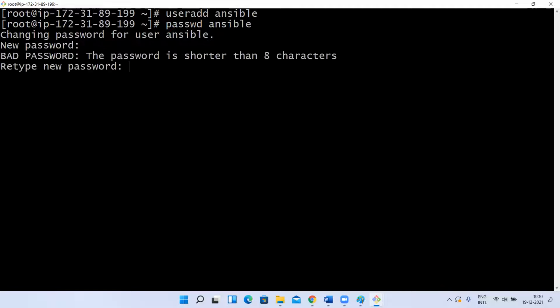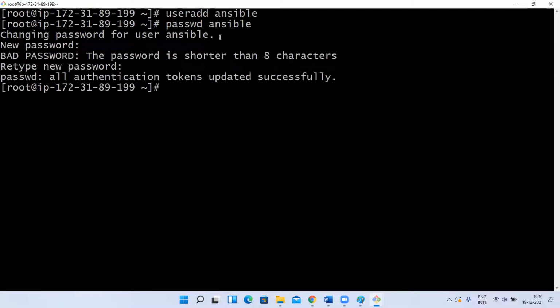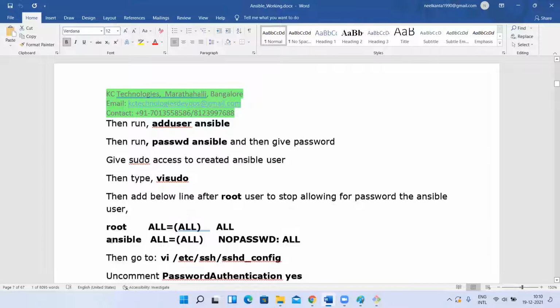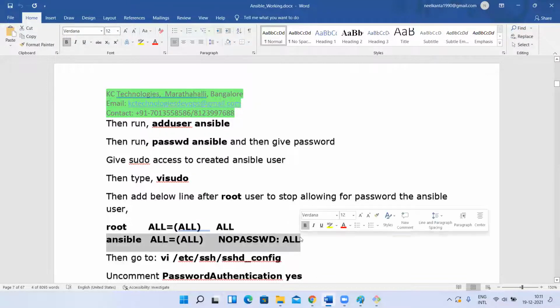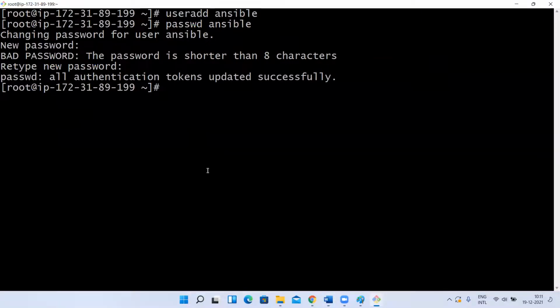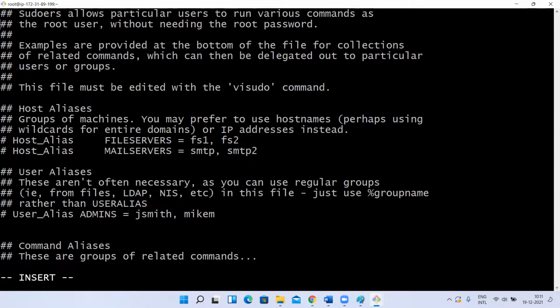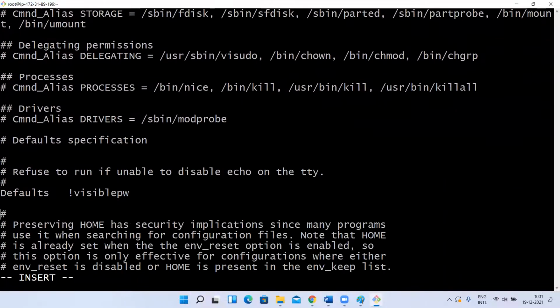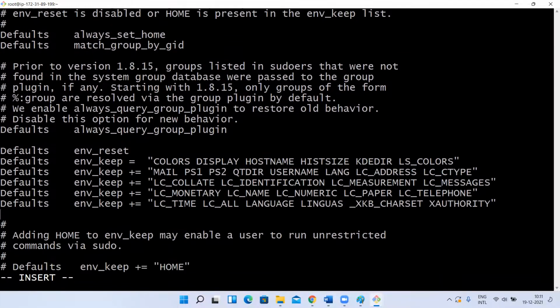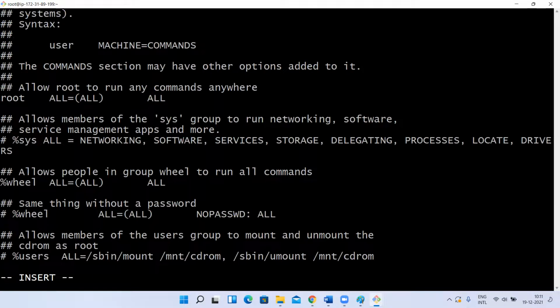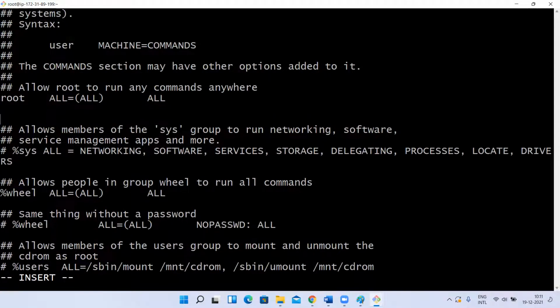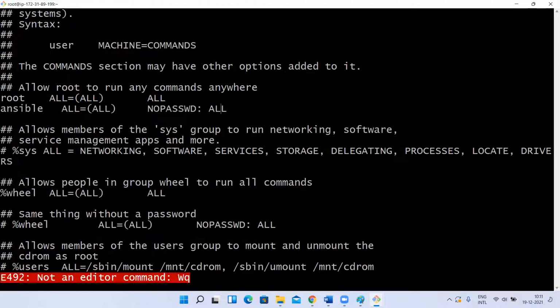Password I'm setting. After setting the password, visudo and do this. Save this.